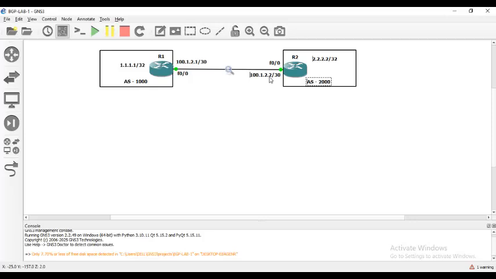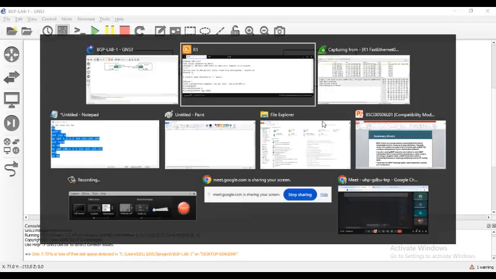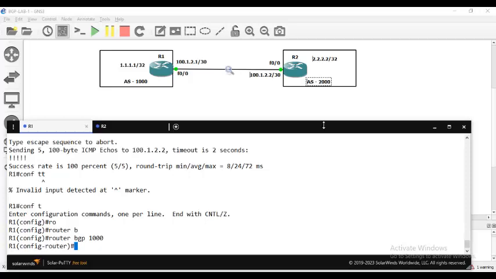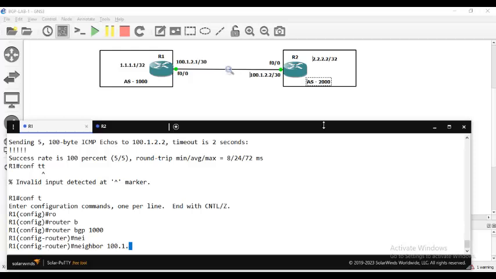I say neighbor is 100.1.2.2. See what command I'm using, not the network command. For this long, we never used this command in any protocol. Maybe in OSPF you might have used it in NBMA to manually configure a neighbor. Usually, routing protocols will discover neighbors dynamically. But here, this is a TCP based protocol. You have to mention the neighbor using the neighbor command